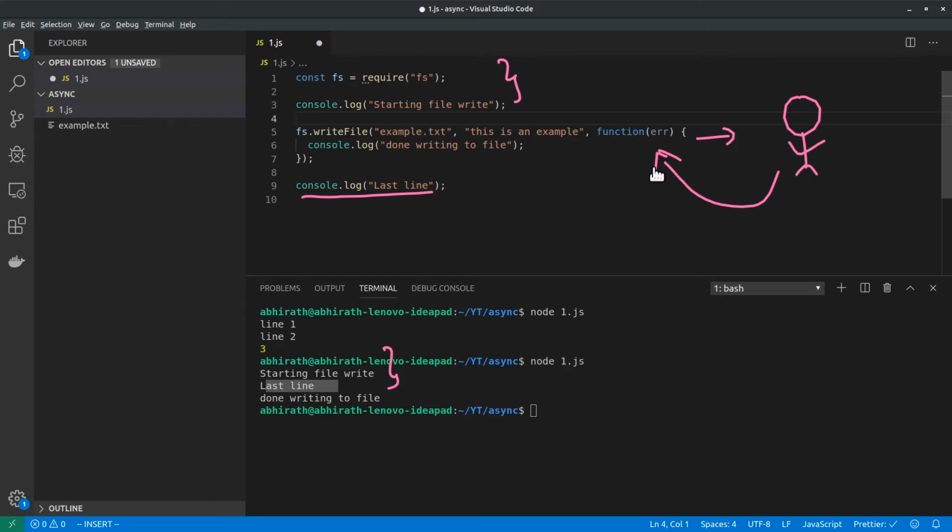JavaScript gets the result and then proceeds to execute what is inside this. Done writing to file. And that is why it's towards the end of the output. Please ignore all the syntax. It's called a callback. We'll be learning callbacks in depth very soon, but ignore it for now.